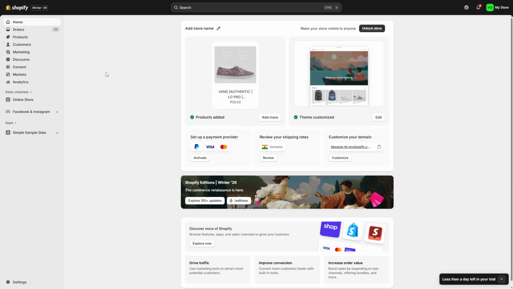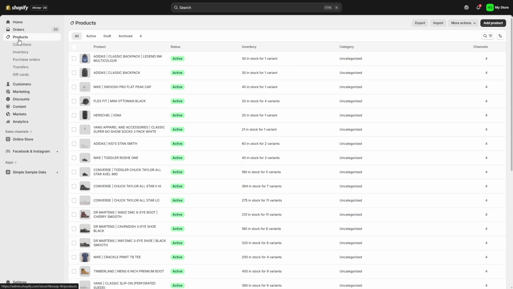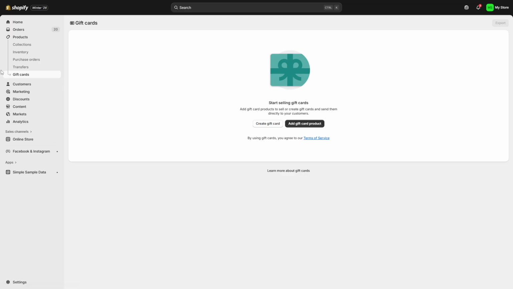Begin in your Shopify admin and go to Products. Then select Gift Cards. This is the area where all gift card products live, and it's the place to start whenever you want to add, edit, or manage balances. If you don't see this option, double-check that your plan supports gift cards and that you have the necessary permissions